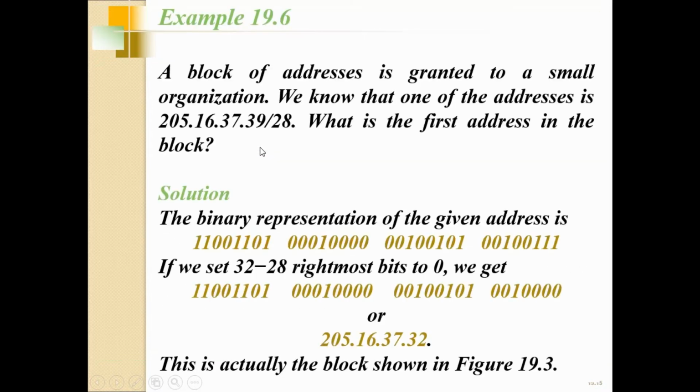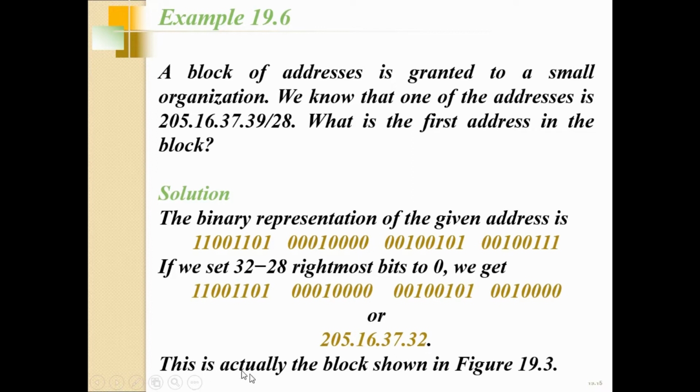So if we move forward, a block of addresses is granted to a small organization. We know that one of the addresses is this. Given this address, the first address of the block needs to be calculated. The binary representation of the given address is this, and if we set the 32 minus 28 rightmost bits to zeros, we get the following binary representation, and if we convert that into dotted decimal notation, we get the address as